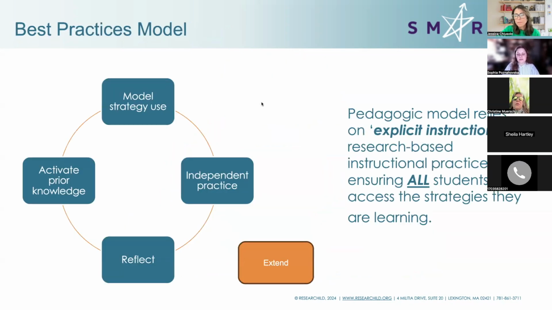So this is a little bit of a breakdown of each lesson, and you'll see in our lessons that we always have a section that's